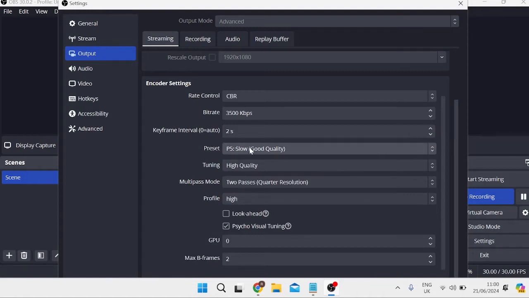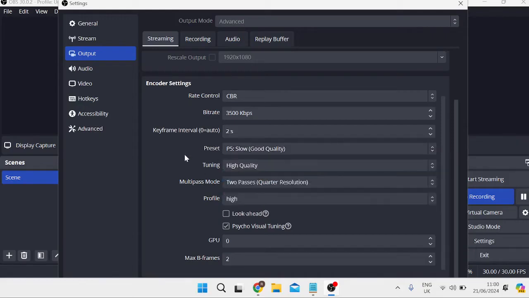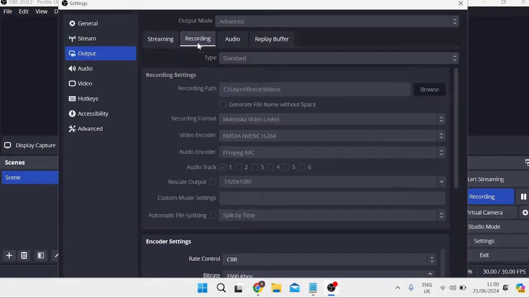Now I like to leave this at slow with good quality, but if you are experiencing lagging issues, then you may need to try reducing this to either better or medium quality, as this will help reduce any lag or stuttering. And then we can leave the rest of these settings and come inside of the recording tab, and the